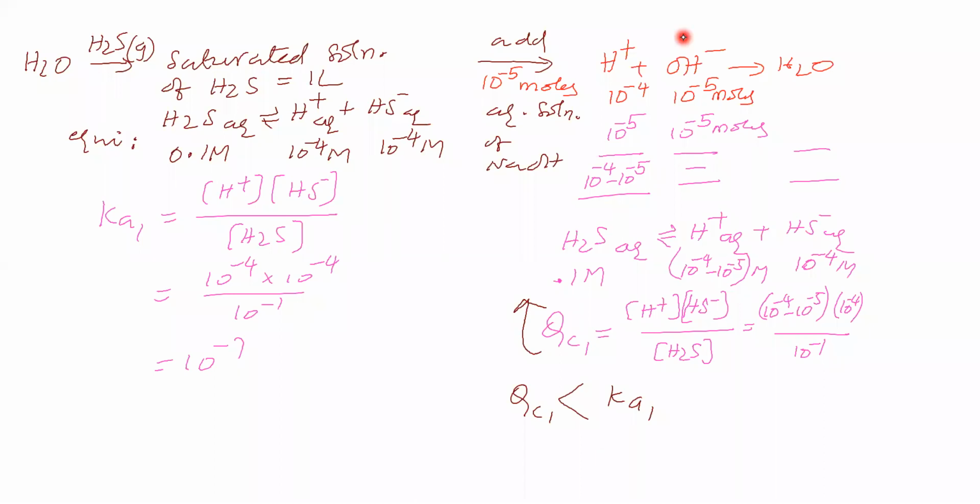In order to do that, the system makes QC1 rise. To raise QC1, the system makes the numerator concentration rise and the denominator concentration decrease, for which the system